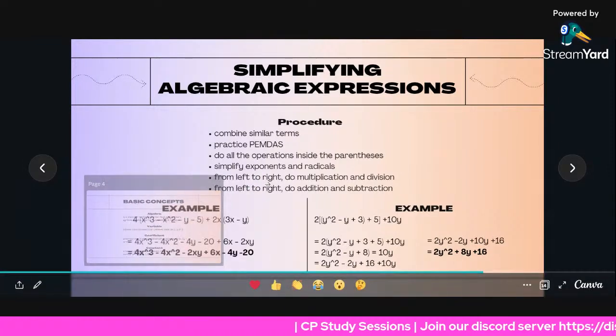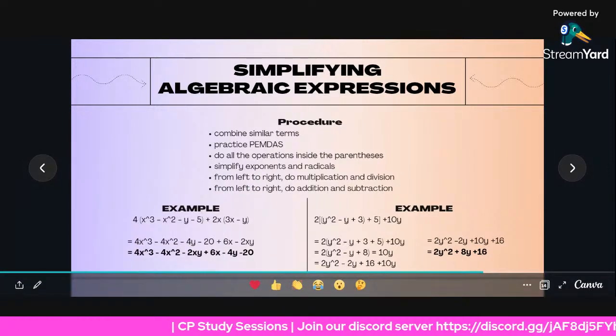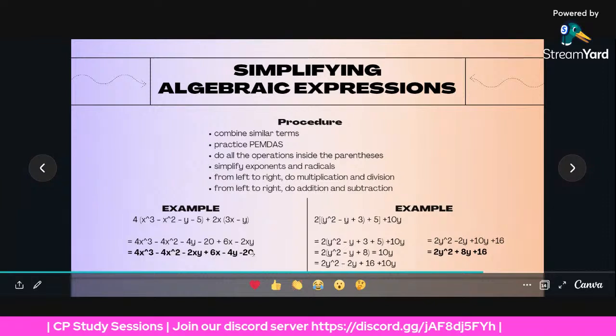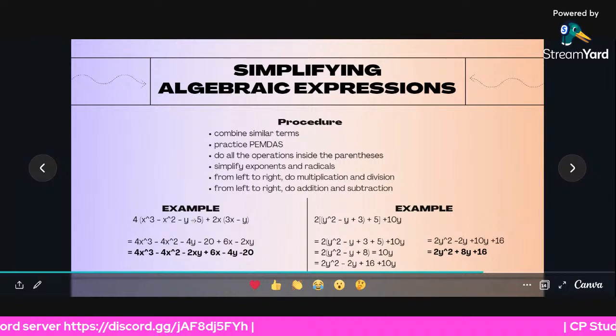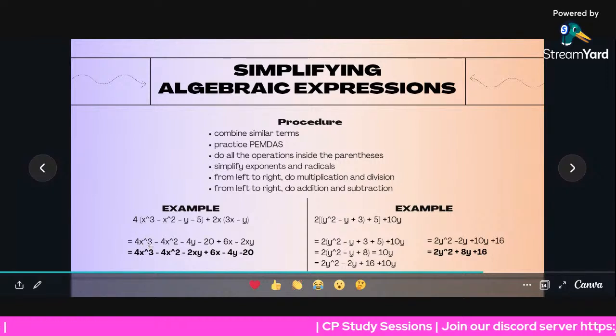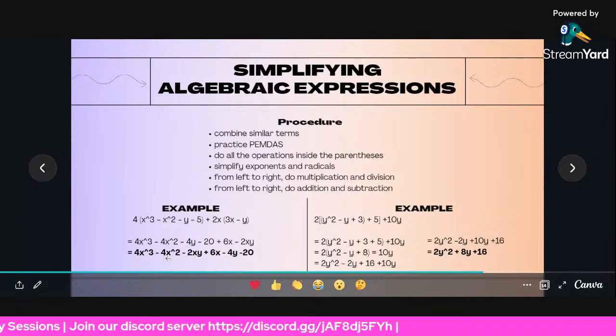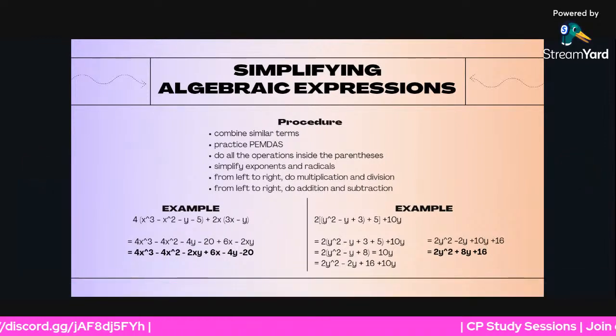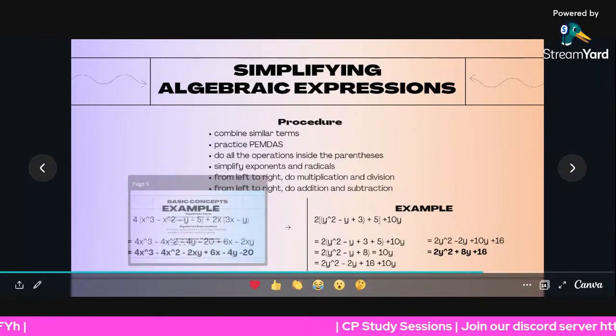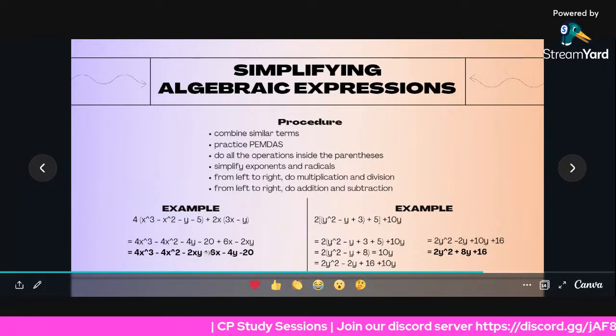So, after that, we just rearrange it according to its degree or its highest exponent. So, 4x cubed is at the front since its degree is 3. Next is 4x squared, since its exponent is 2. Then next is negative 2xy, sorry. Since